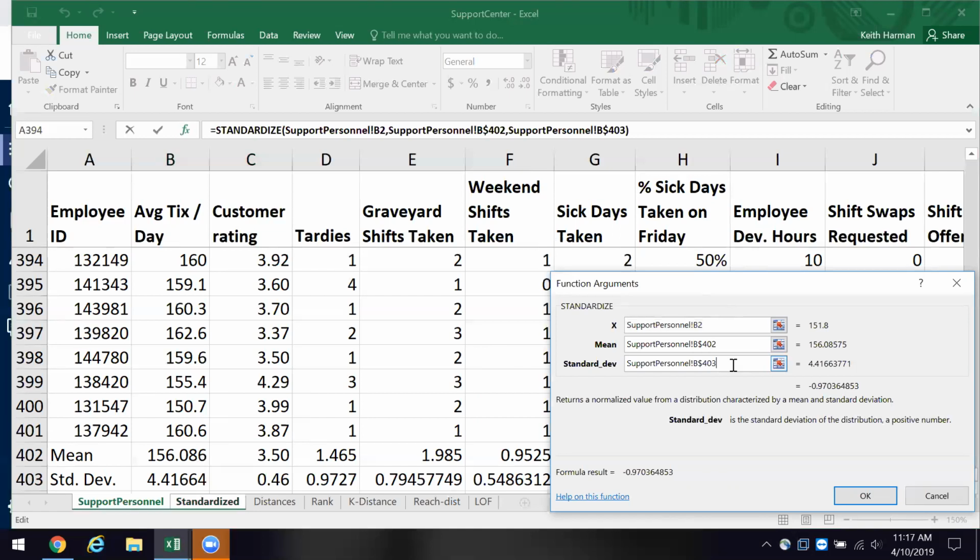So we're going to subtract the mean of a column from each observation, each row in that column, and we're going to divide that by the standard deviation for that column, like average tickets, customer rating, etc. Now, in the support personnel part 1 notes that I made for you, the author is assuming that these data are what we call normally distributed.